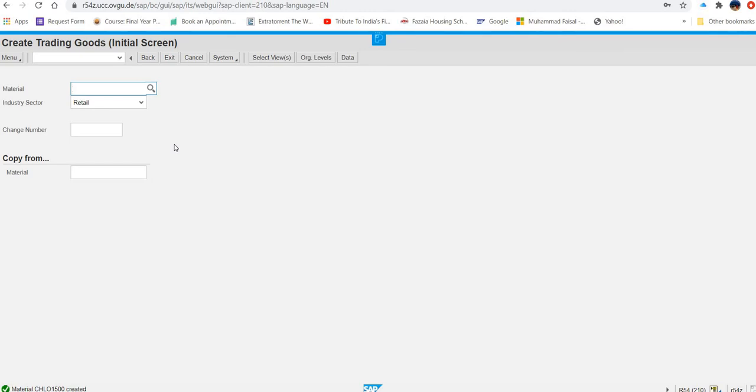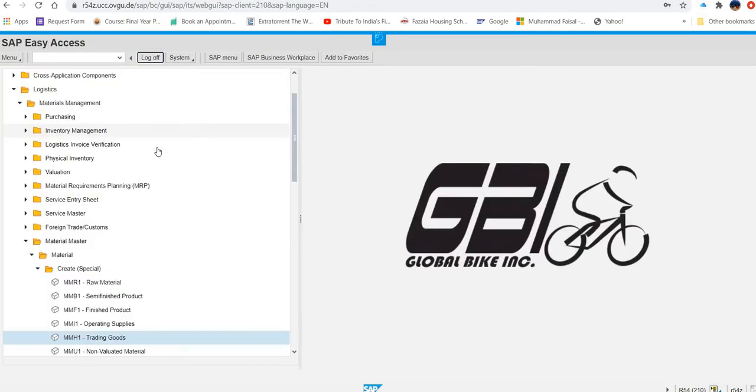If someone, when you perform this exercise, will face this problem that it says material already exists, then what you can do, you can skip this step and directly go to the next step, that is extending the material. And if it is already extended, then you can go to the next step, that will be creation of requisition. Okay, so I'm going out of this step, and now I'm going to see what third thing we have to do.